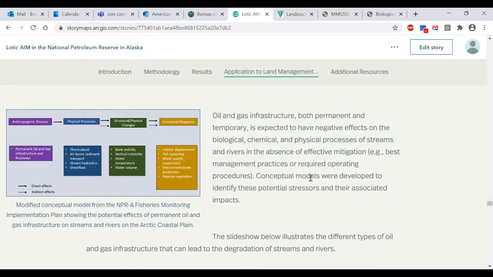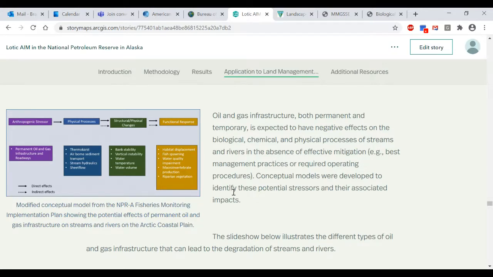And so the Arctic District Office developed this fisheries monitoring implementation plan, which was developed to better understand the relationship between the different oil and gas infrastructure and its potential effects on the biological, chemical, and physical processes of streams and rivers.